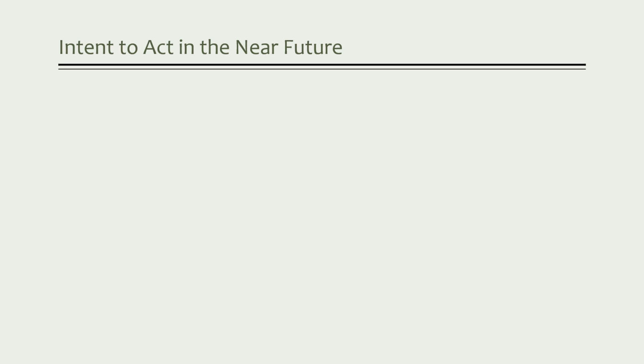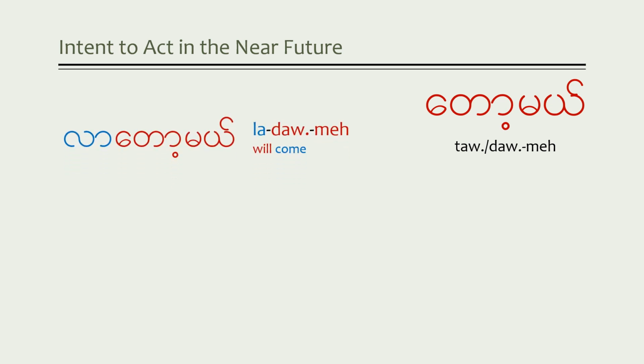So when you're going to do something or something is going to happen in the near future, you can attach another helper particle to the final particle me. And that particle is do or do. Now in this usage, it can't be used without the final particle me. It has to be attached to it. So let's look at 3 examples where we might use it with a verb.